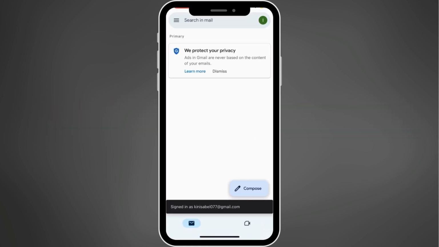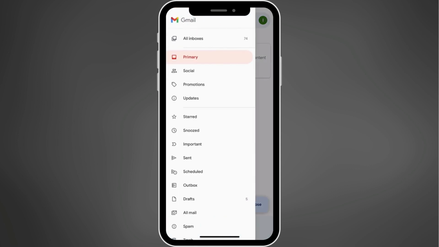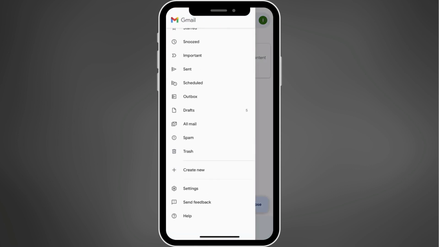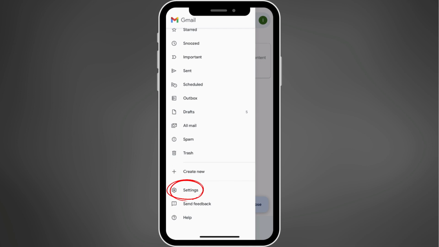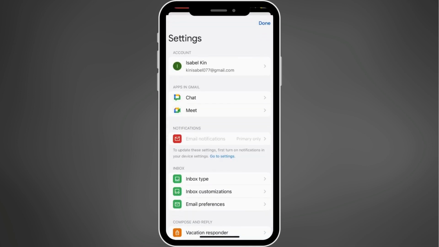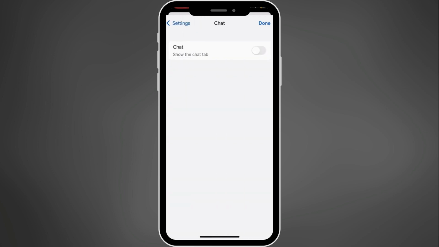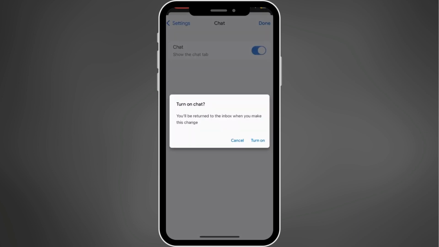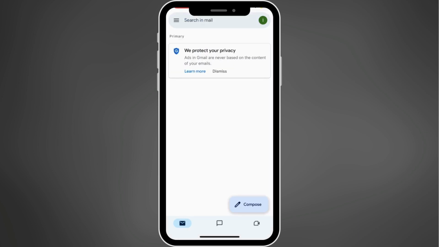To enable Google Chat, tap on the three lines in the top left corner to open the menu. Scroll down and tap on Settings. Here you'll see Chat and Meet. Simply tap on Chat and toggle it on. Tap and turn on. Now that the chat is enabled, tap on the chat icon at the bottom of your